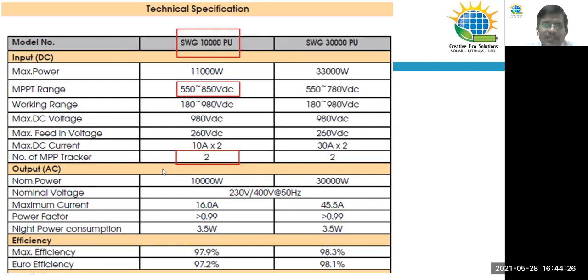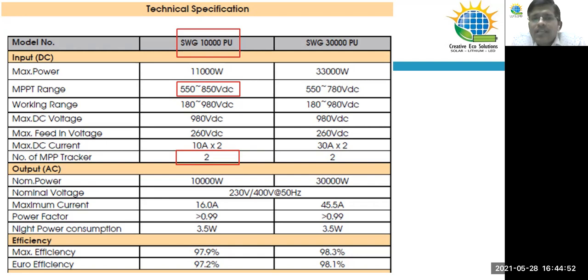So what we have to specifically see while choosing the solar inverter, we are talking about a 10 kilowatt solar plant. Should I go with an 8 kilowatt inverter or a 15 kilowatt inverter? Obviously, I'll go somewhere above. I'm putting a 10 kilowatt plant, so I have to check for a 10 kVA inverter. The maximum power the 10 kVA inverter can take is 11 kilowatt on the DC side, so I can install the 11 kilowatt. So this matches my criteria.